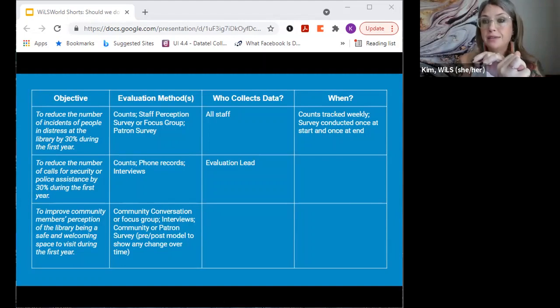Counts goes back to what I said with that example of tracking. Maybe as part of this, you decide that staff just need to track when incidents happen, that there's an incident report. So counts of those incident reports over time could be how you evaluate that objective solely. If you started gathering this for a few months before you implemented your project, and then you have your project for X amount of time, you can look at monthly how those incidents change. And you might find other trends that are helpful, right?